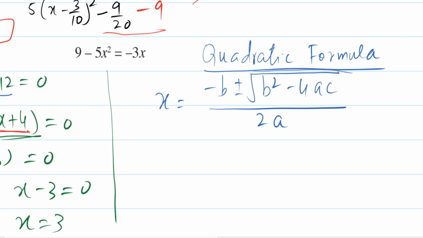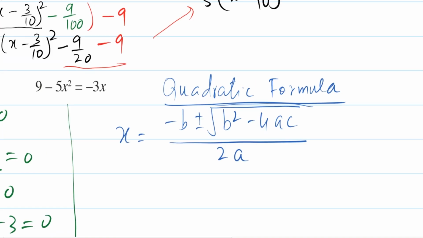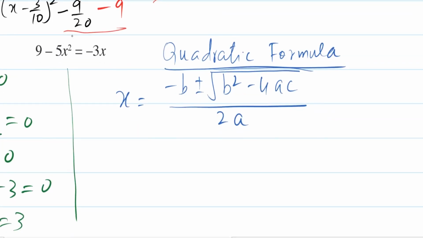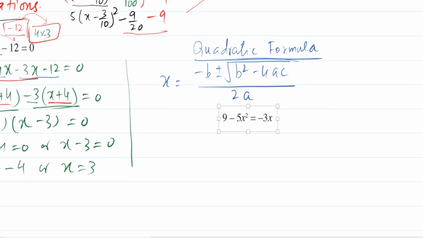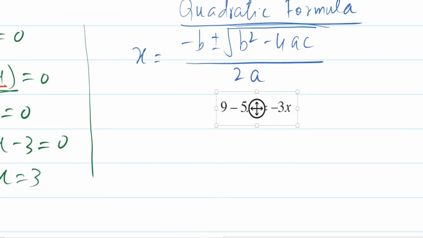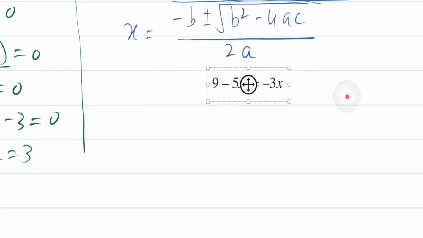What are these a, b, c, which numbers do they represent? You people know it. The most important thing here is you need to arrange your equation in the form ax square plus bx plus c is equal to 0. As in the definition, we use a, b, c. What is a? A is the coefficient of x square, b is the coefficient of x, and c is the term without x. So the first thing we must do is rearrange the equation in general form.